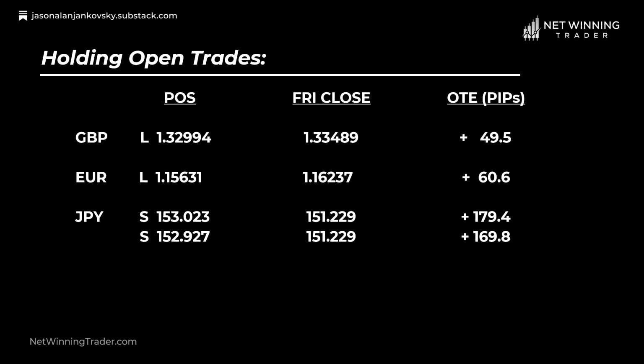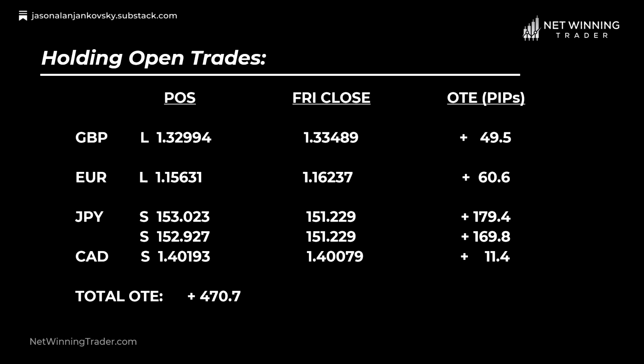And then Canada, as always, just kind of dragging up the rear. Only about 11 points there. But again, from the high though. But when we talk about charting and all the rest, I'll get to that in just a second, show you what's going on here. The important thing to remember, and this is the critical thing, even though the net loss for the week was 515 pips, open trade equity going into the weekend is almost the same amount, which means